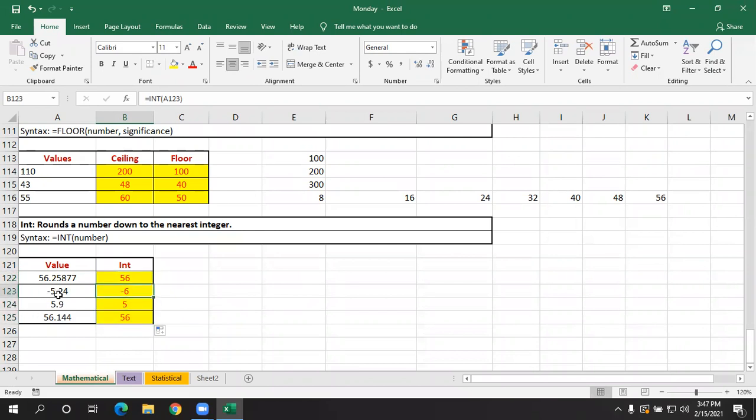See, here we have a negative value, that is minus 5.24. I think you remember a number line: any value greater than 0 is a positive number, less than 0 is a negative number. So nearest to minus 5.24, the lowest value is how much? Minus 6. It's not minus 4.